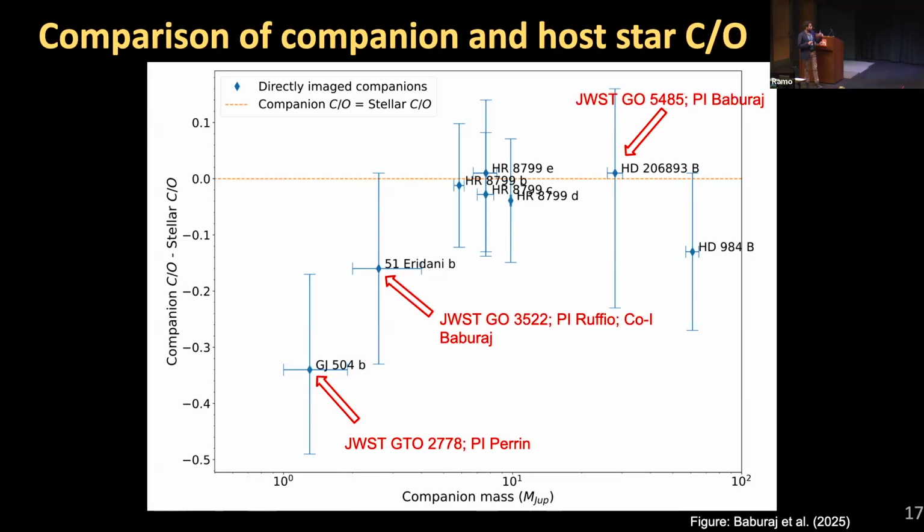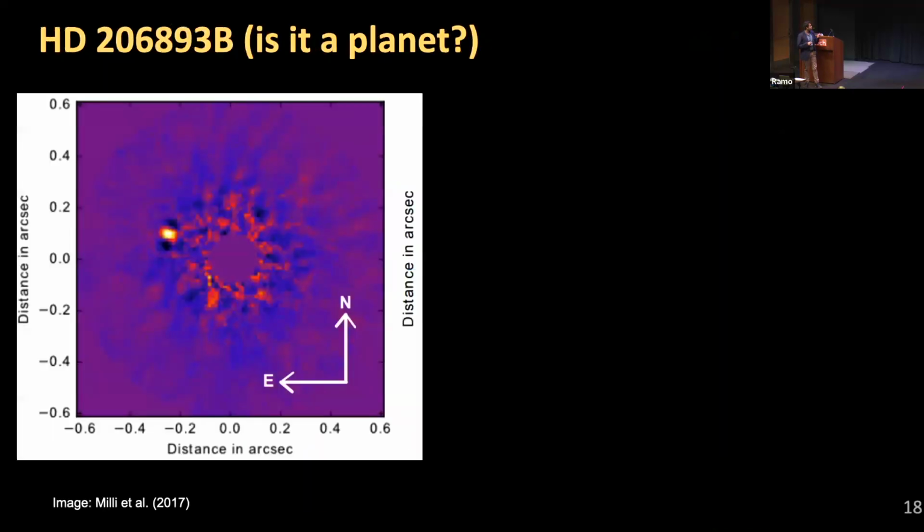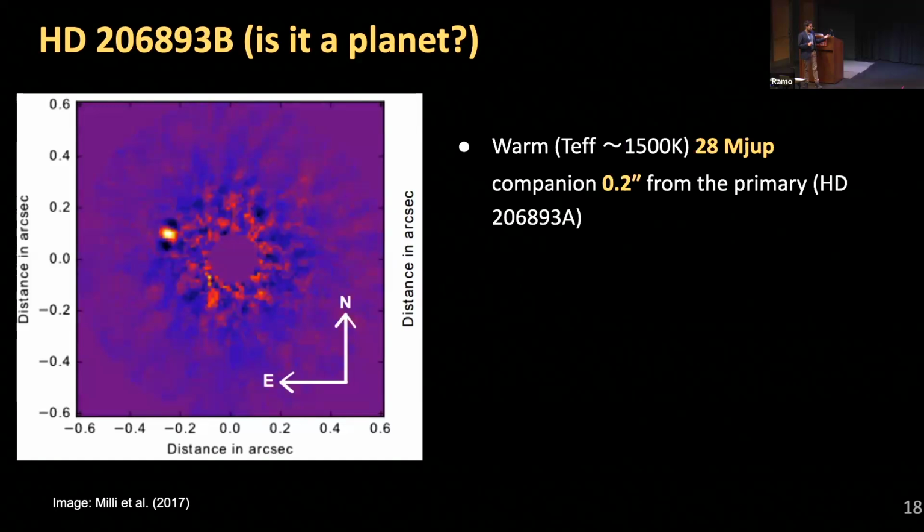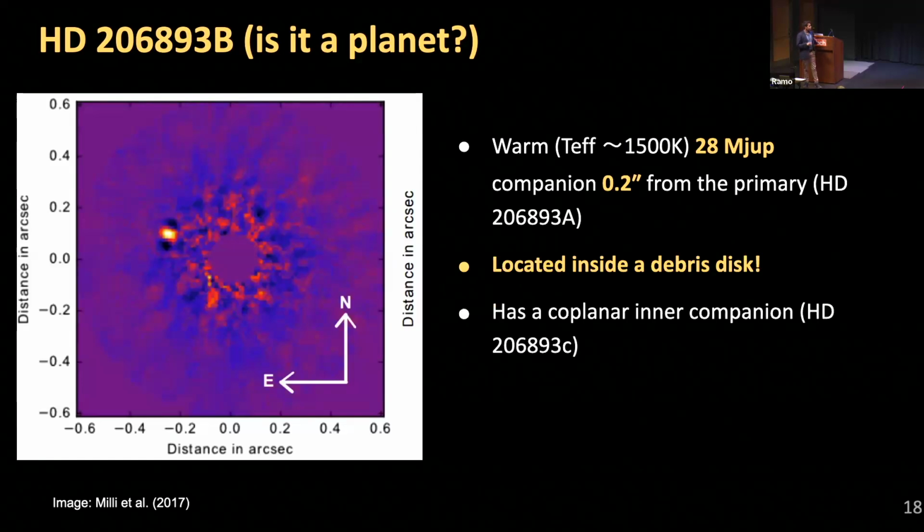So I'm going to talk more about my JWST program. HD 206893 b. The question with this was, is it a planet? It's 28 Jupiter masses, which makes you think no. But it is located inside a debris disk, and it has a coplanar inner companion. Both companions are coplanar with the debris disk as well, which strongly suggests this might have formed via